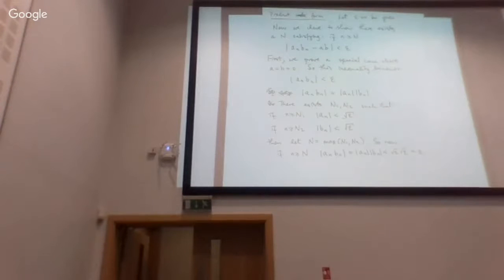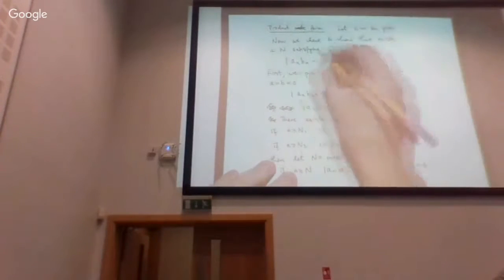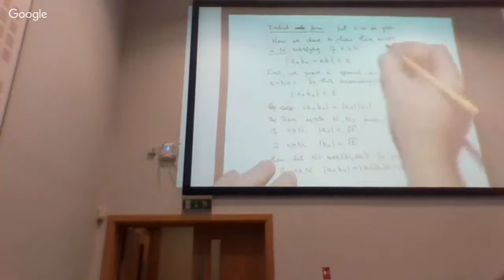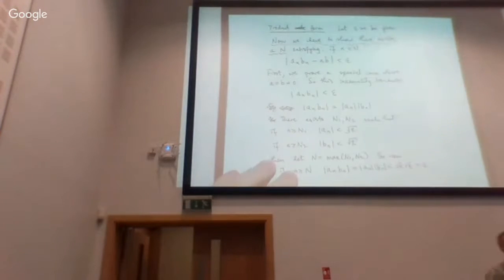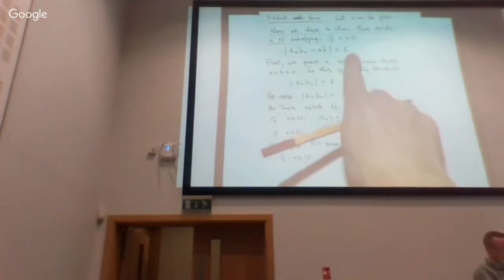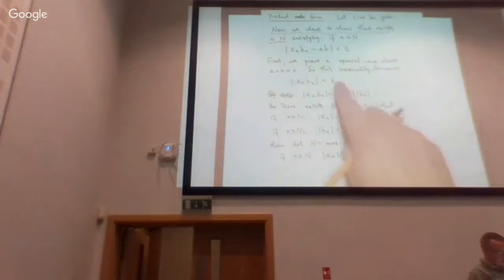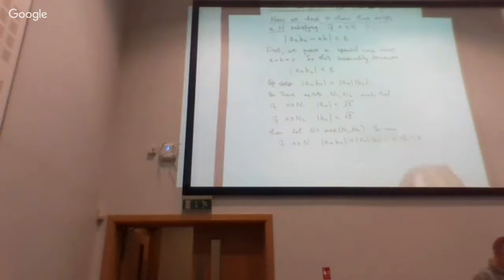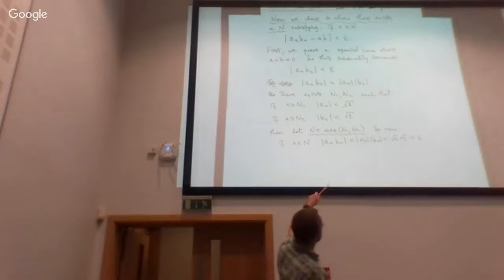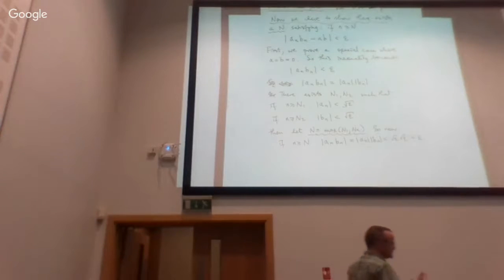So the task I gave myself at the top: we have to show there exists an N. That's what I have to demonstrate to prove convergence. Find this N that makes this absolute value less than epsilon. Well, in the special case of zero limits, the N that makes it work is this N here, the maximum of n1 and n2. That N does exist because n1 and n2 exist. So one of them is larger, and that's the correct value to choose. So this proves convergence in this special case.